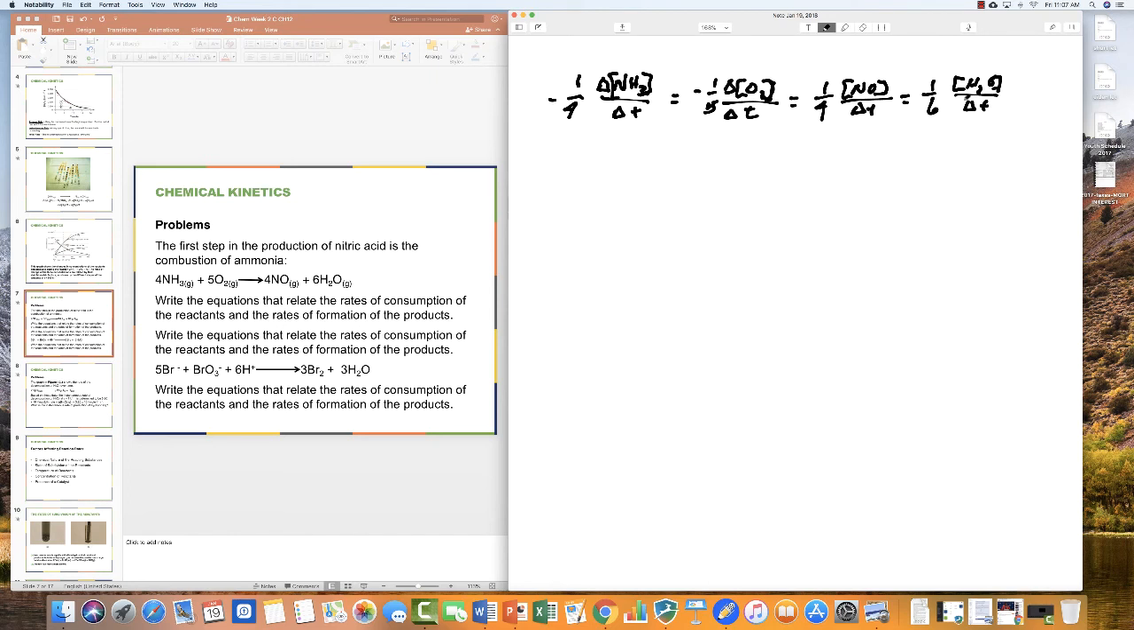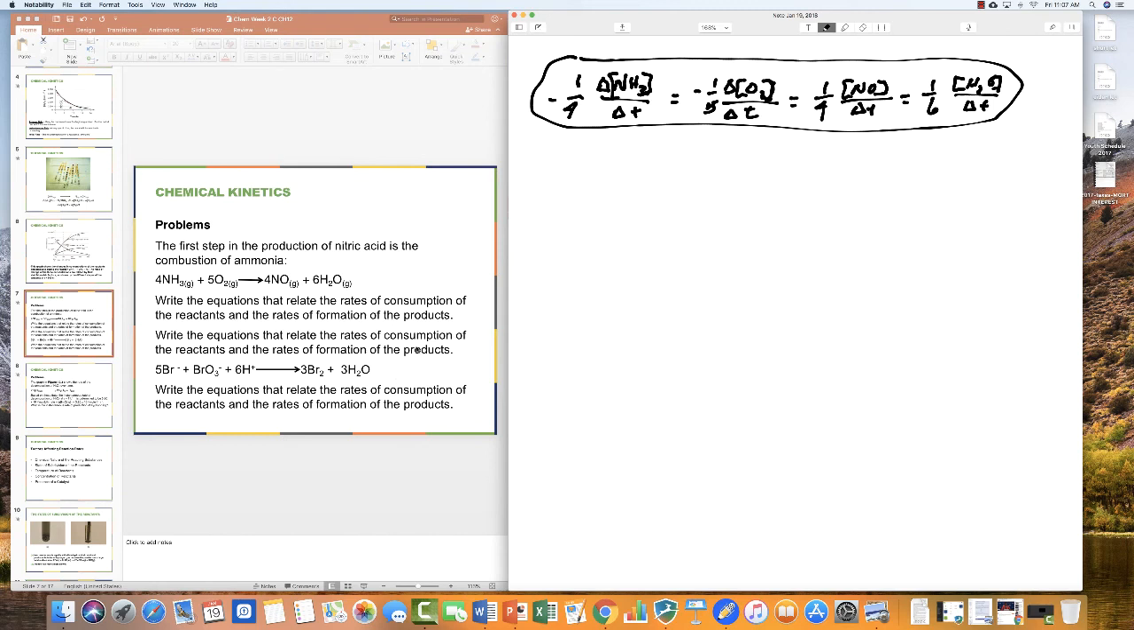And so you can leave it, this represents exactly what they're asking for here. This is the mathematical relationship of these four. At any particular time, you see that this is the relationship that you'll have. Now the second problem here says write the equation that relates the rates of consumption of reactants and formation of products for this. And it's going to be exactly the same